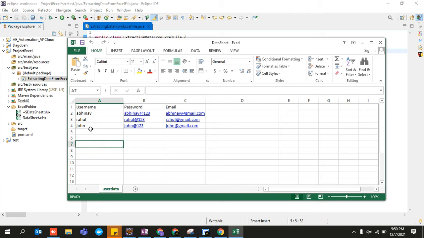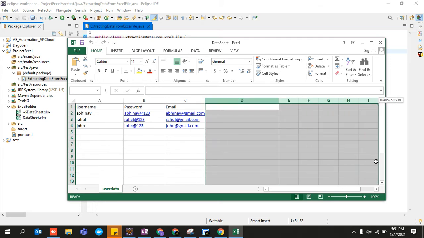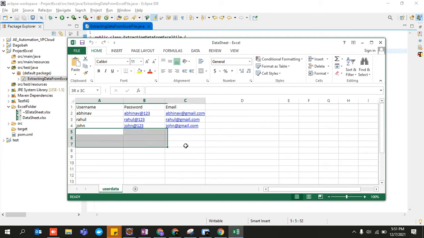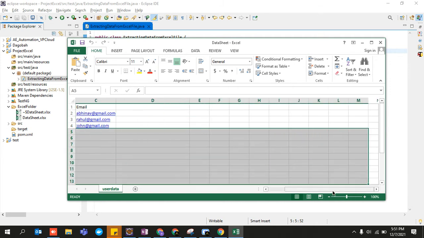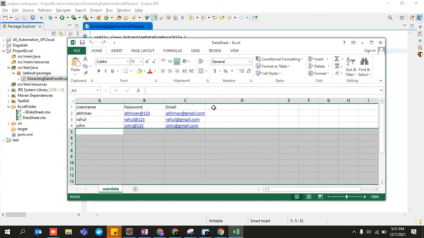I hope I am making sense. And you would be finding the number of columns for which there is data present. You would not be writing code for columns D, E, F, G, H, because there is no data present over here. So we have reduced our scope of coding.